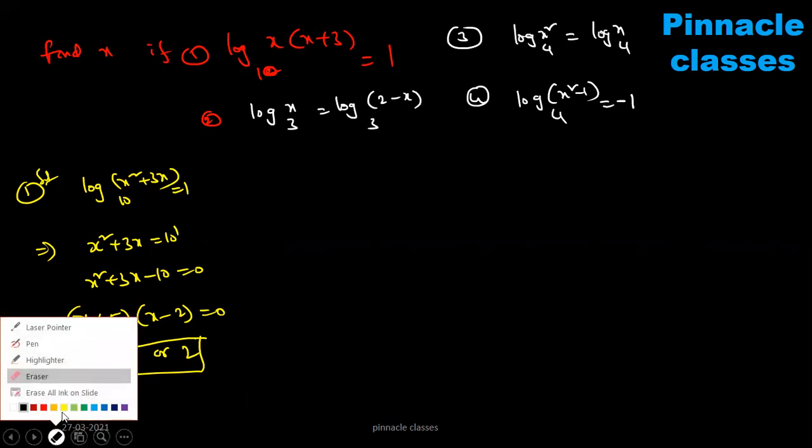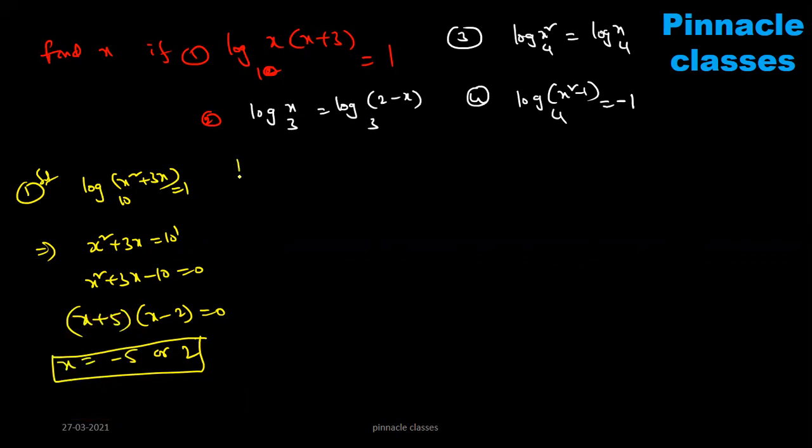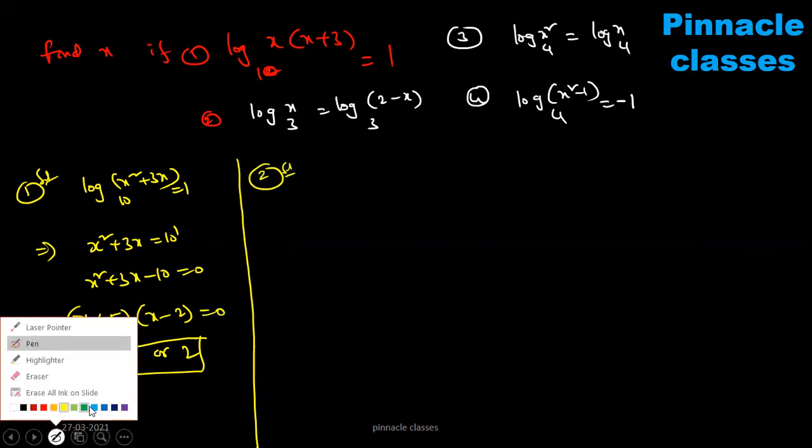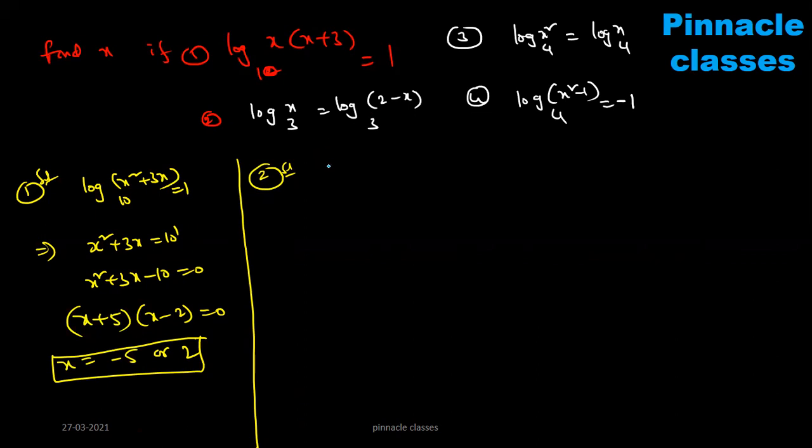Question number 2. Okay, let us see, we'll discuss. So here, bases are equal. That means logarithm is cancelled. Carefully, then x is how much? 2x is equal to x, so x is how much? 1. So put x is equal to 1. Does it satisfy or not? See, put x is equal to 1, satisfies.